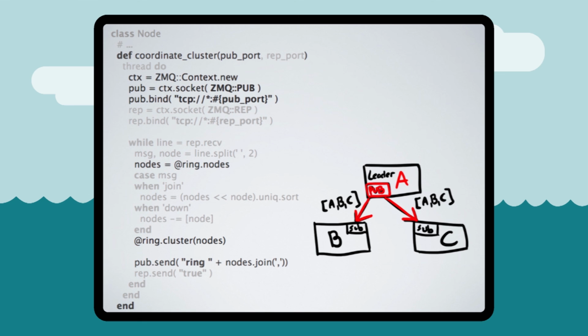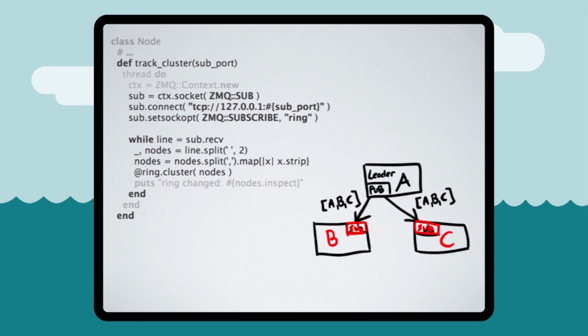See, this is why I absolutely love ZeroMQ. Look at this. ZMQ pub. I've just created a publisher in exactly the same way that I would create the request reply. And what we do here, and this is the important part of the code, is whatever the ring says, we send that out to all of the subscribers. That's all we do. Everything else is just